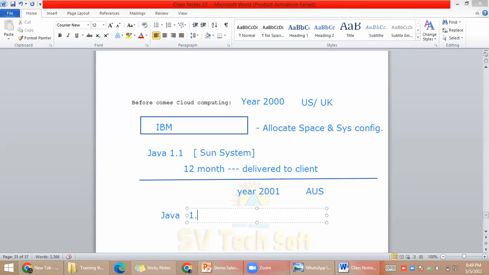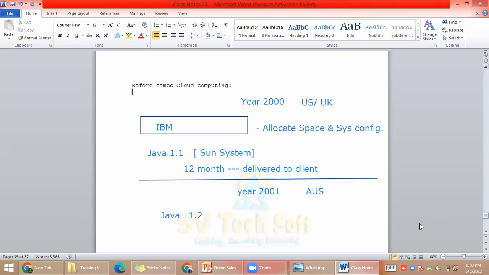They have to specify it: if you are willing to do the project, you can do it on Java 1.2. I do not want it on 1.1 because of the latest features, the new elements added in this new upgrade. I want your project on Java 1.2. In that case, IBM doesn't have 1.2. Now to complete this project, IBM needs to purchase again and spend money, correct or not? Otherwise, this client will not accept doing their project. What this company does means investing so much money again to purchase the 1.2 software.